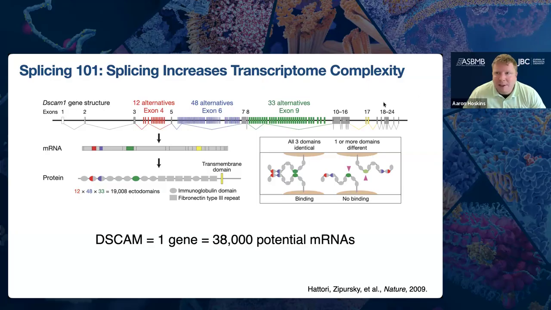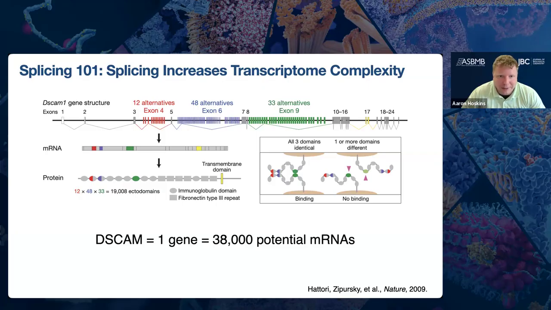If you multiply all these together, you quickly realize that this one DSCAM gene can generate about 38,000 potential different mRNA isoforms. It turns out flies actually need this mRNA isoform diversity and the consequential protein diversity to help wire their brains together. Human DSCAM genes do not operate this way, but nonetheless, we can have quite complex